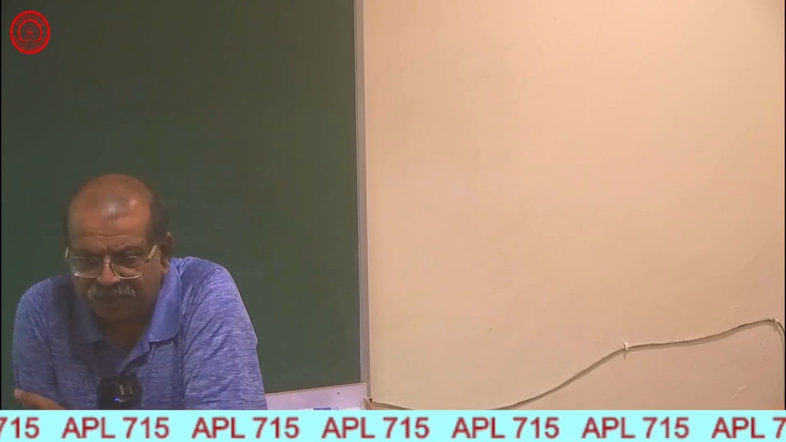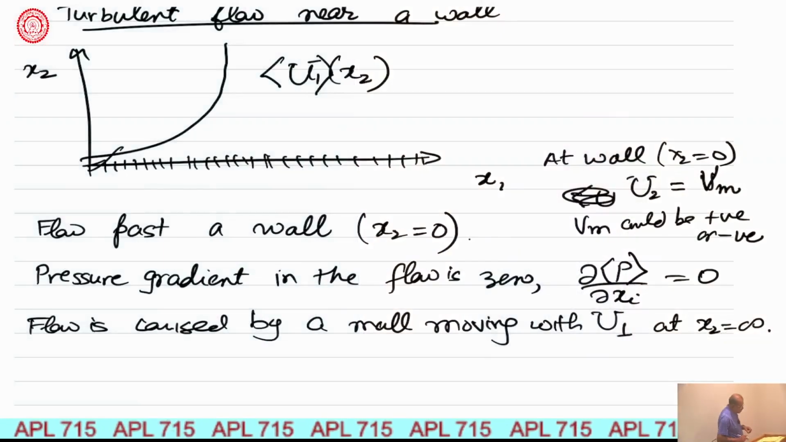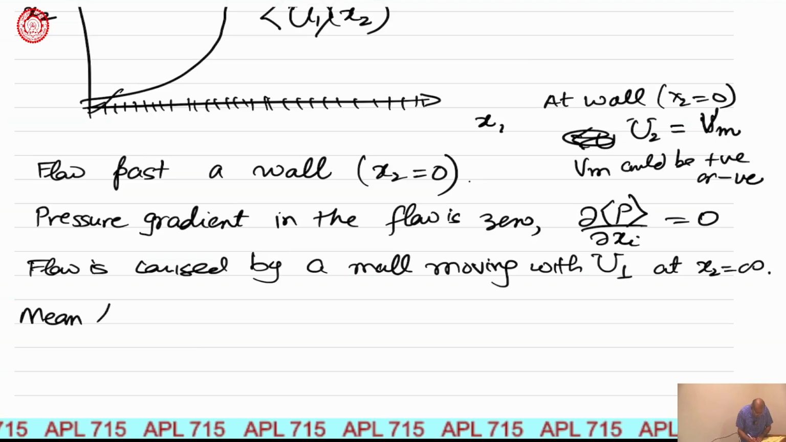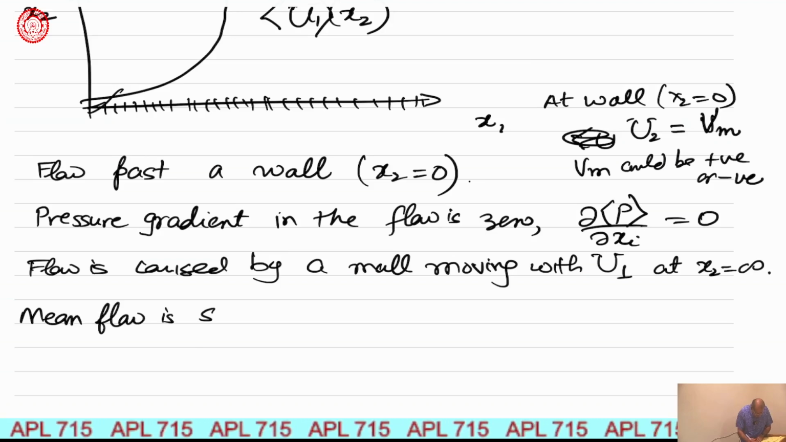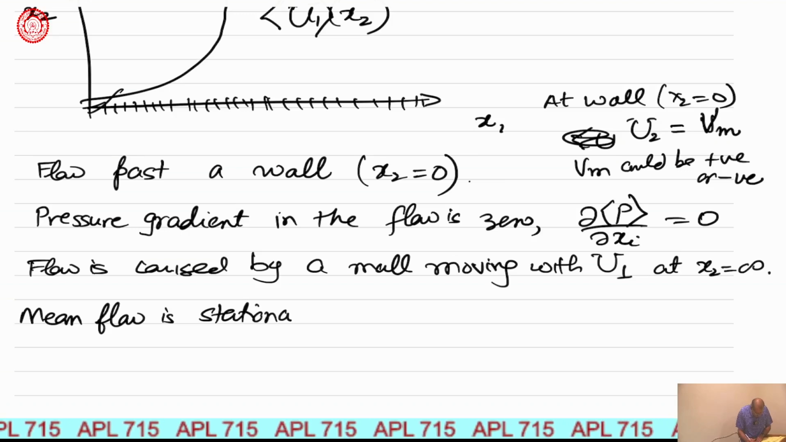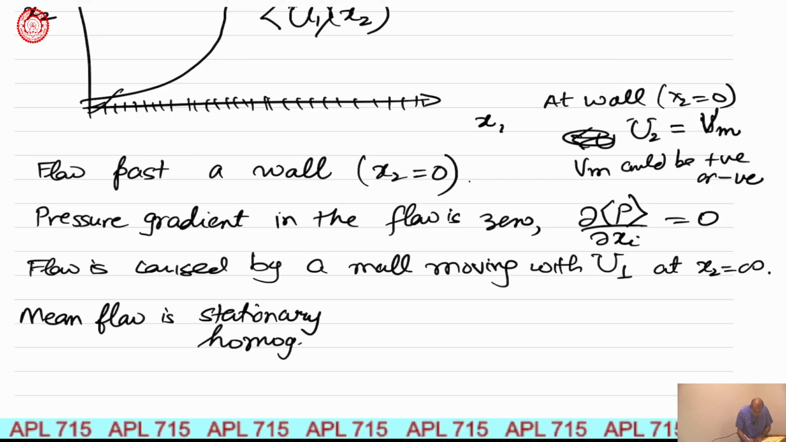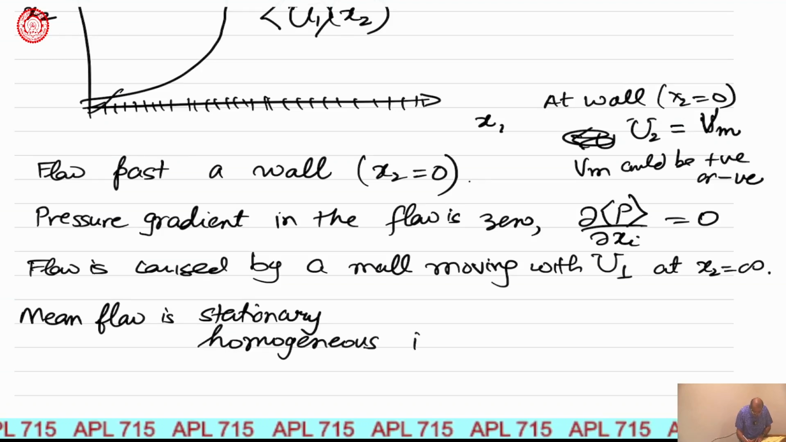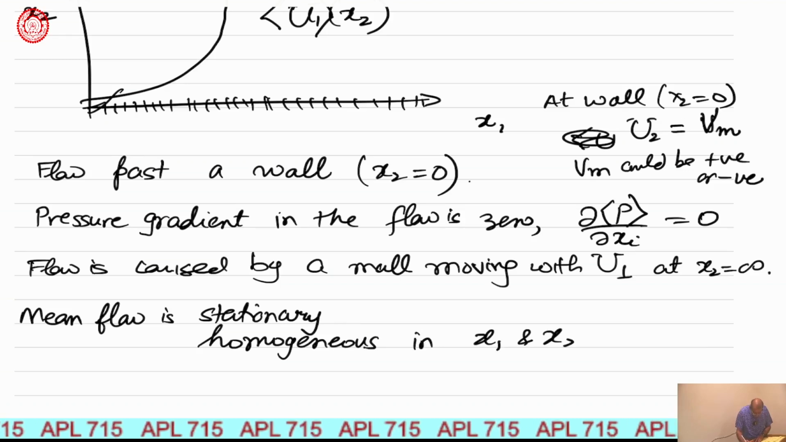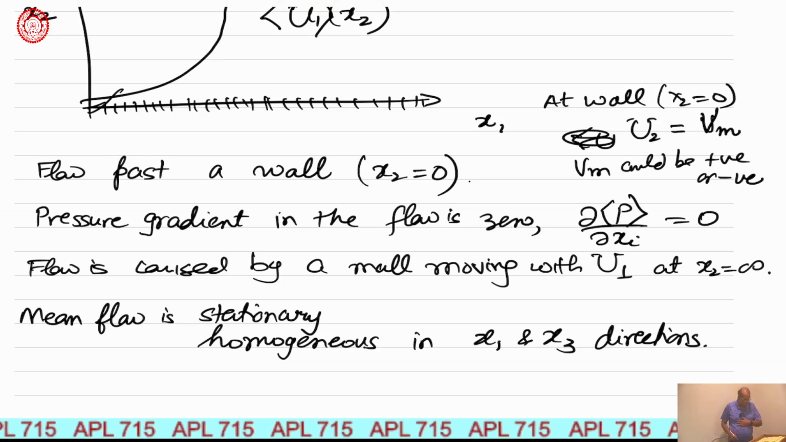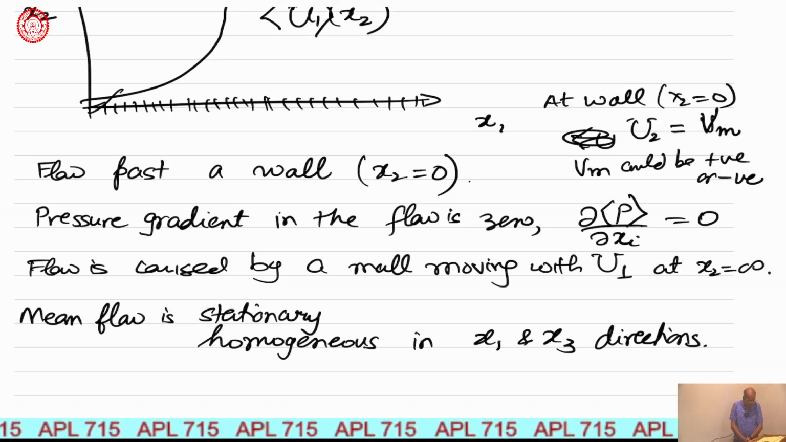Okay. So now this is a turbulent flow we are talking about. That means if we look at it, now the mean flow is stationary and homogeneous. What this means is